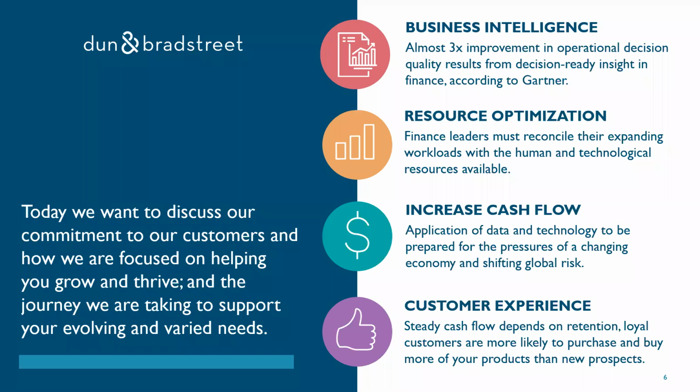Okay, with those challenges in mind, let's take a look at our commitment and the focus that we've had for the DNBi product. We've been working on business intelligence by expanding our data coverage and insights and making sure they're available and actionable for you when you need it. For example, we created and then incorporated the COVID index and the recovery indexes to help you with your portfolio risk analysis. We certainly did this free of charge, and we're continuing to support those indexes to help you with